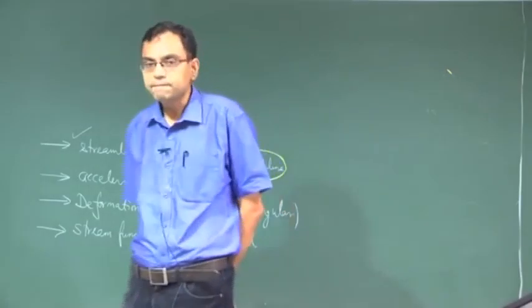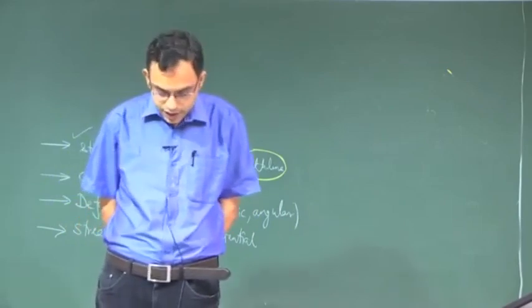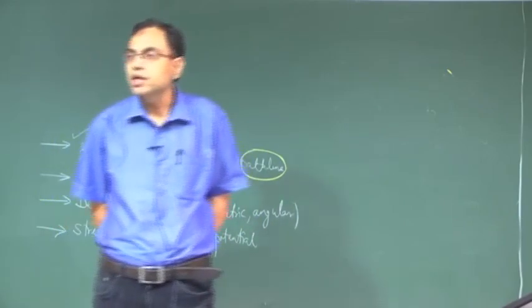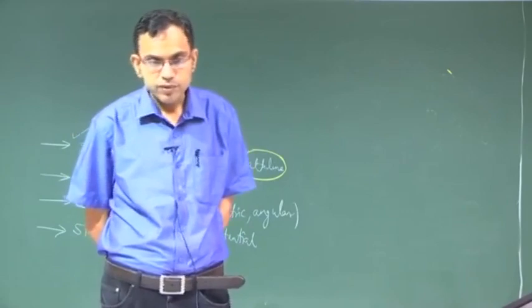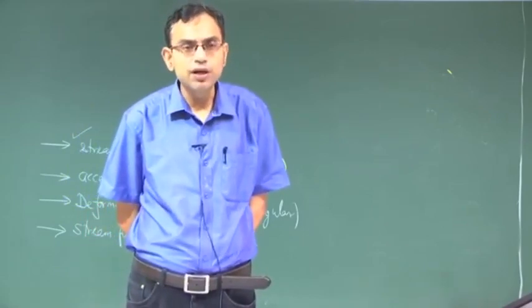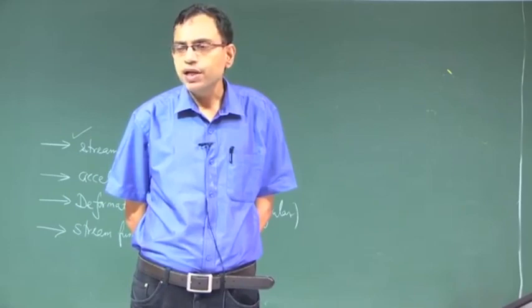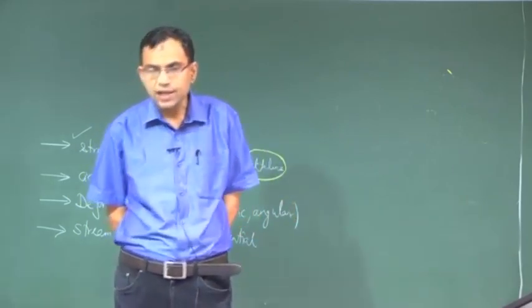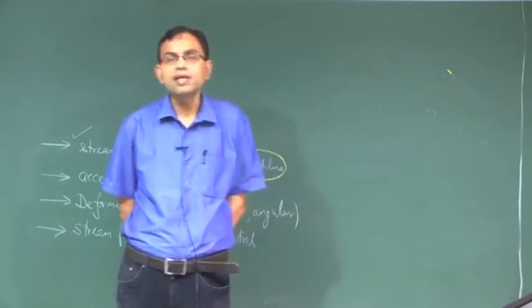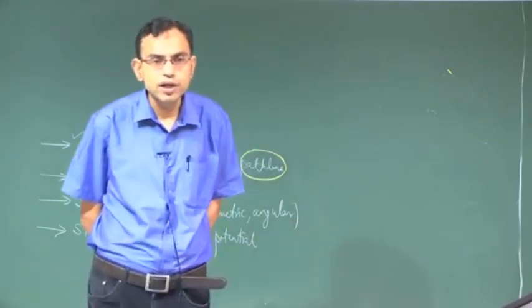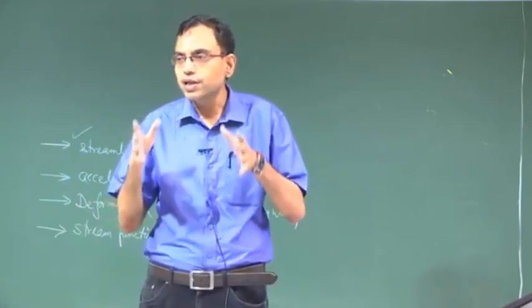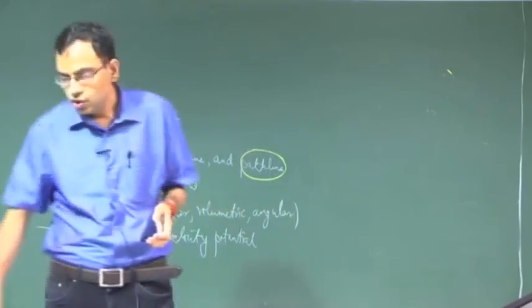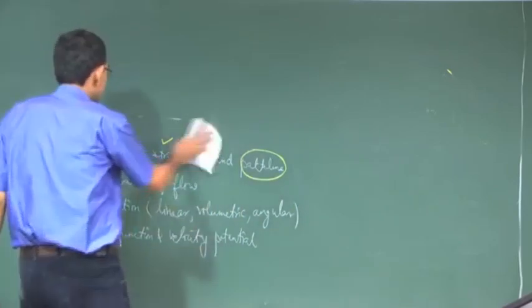In the previous lecture we were discussing streamlines, streak lines and path lines, and we defined them formally. But when it comes to determining these lines in a functional form, there is always some confusion in the mind of the student when confronted with a real practical problem. To get a feel of that, we will work out an example.